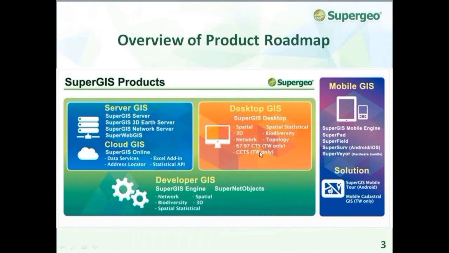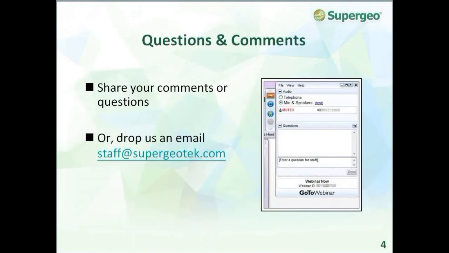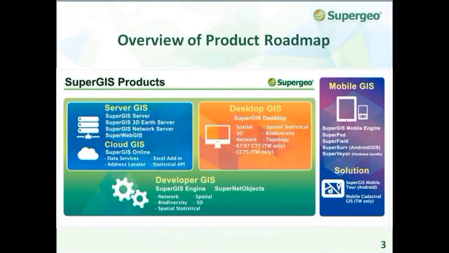In today's webinar, we will show you how tourism can be managed and benefit from GIS technology. Here is our product roadmap of SuperGIS. As you can see, SuperGIS offers 4 different GIS software to meet various demands and needs, including desktop, server, mobile, and developer GIS. Today, we will use the main GIS software, SuperGIS Desktop, and its extension to analyze our crowdsourcing photo data, SuperGIS Server to publish a tourist hotspot map, and SuperSurv, the GIS app, to collect, edit, and manage facility